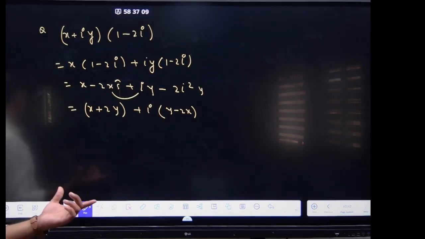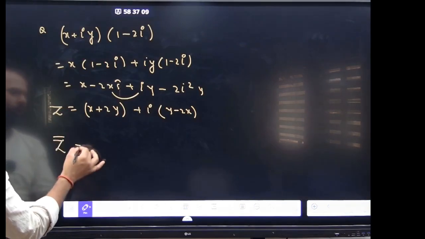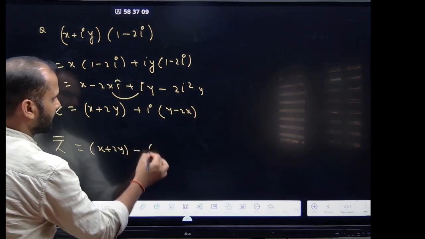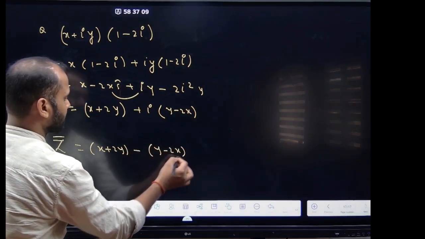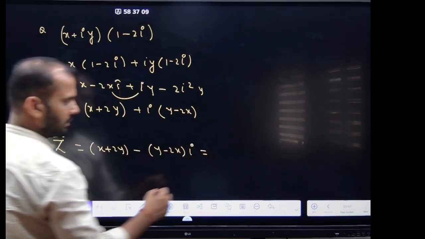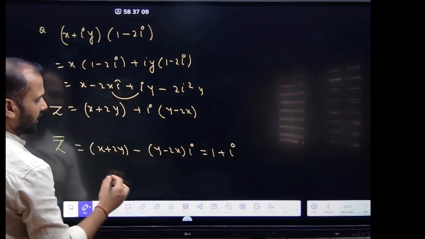This is the complex number. Let it be z. Z bar is given to you. How much will be the z bar? Change the sign: minus y minus 2x with iota. This is equal to, something is given, right? 1 plus iota. Means real part should be equal with real,